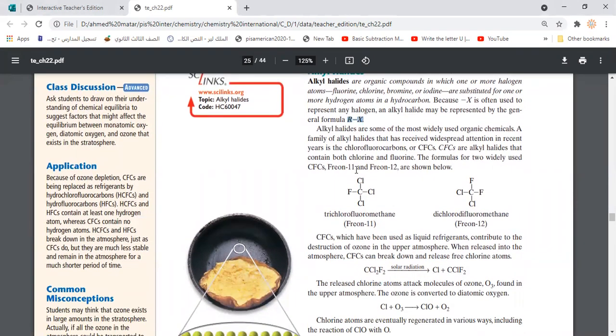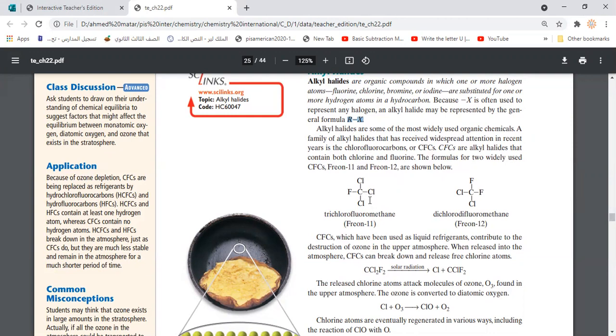Okay, they have a lot of uses in our daily life, and we use them a lot in the lab. Actually, the most known one, which has had a lot of attention and which the whole world cares about, is the CFCs, the chlorofluorocarbons. So what are CFCs? They are halide alkyls which contain the chlorine and fluorine halogens